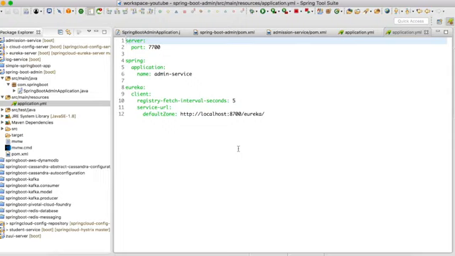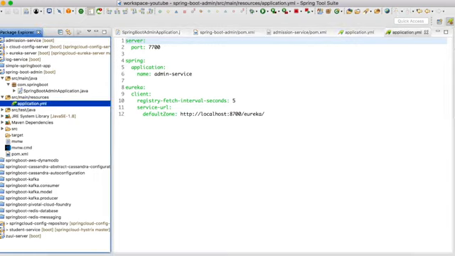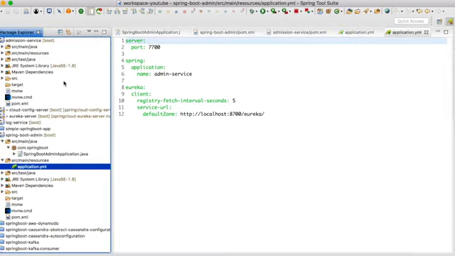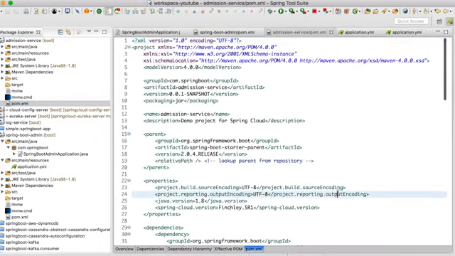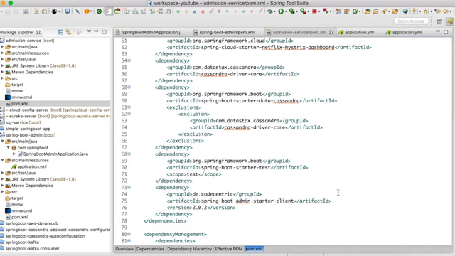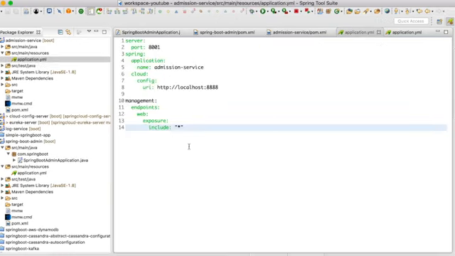Let us go and take a look at one of the clients and take a look at the dependencies in it. For this, let us take a look at the admission service that we created in our previous example. So let me click on the pom.xml. In the pom.xml, I have added only one dependency here, that is starter client. The server had Spring Boot admin starter server dependency in it, whereas the client applications will have Spring Boot admin starter client in it. There is one thing that you need to take care of in the application.yaml. You need to mention this